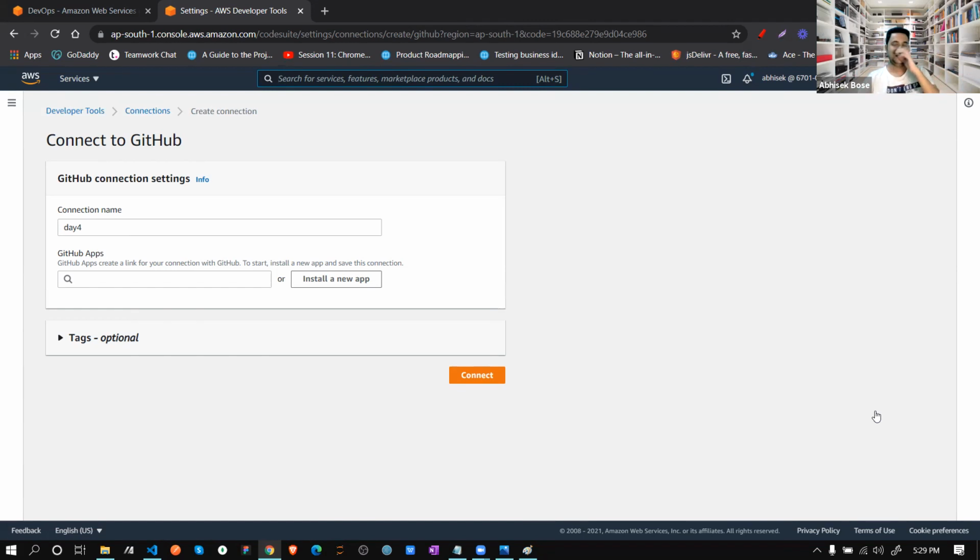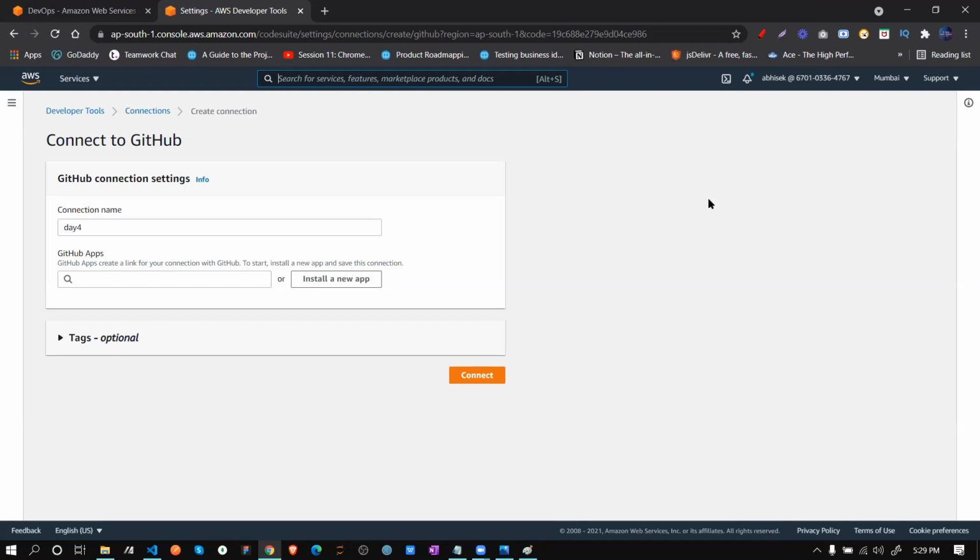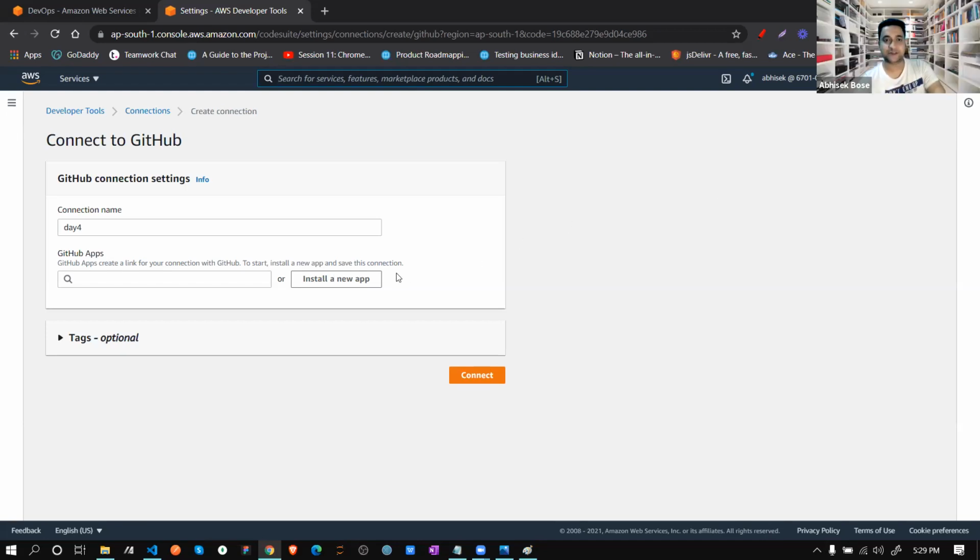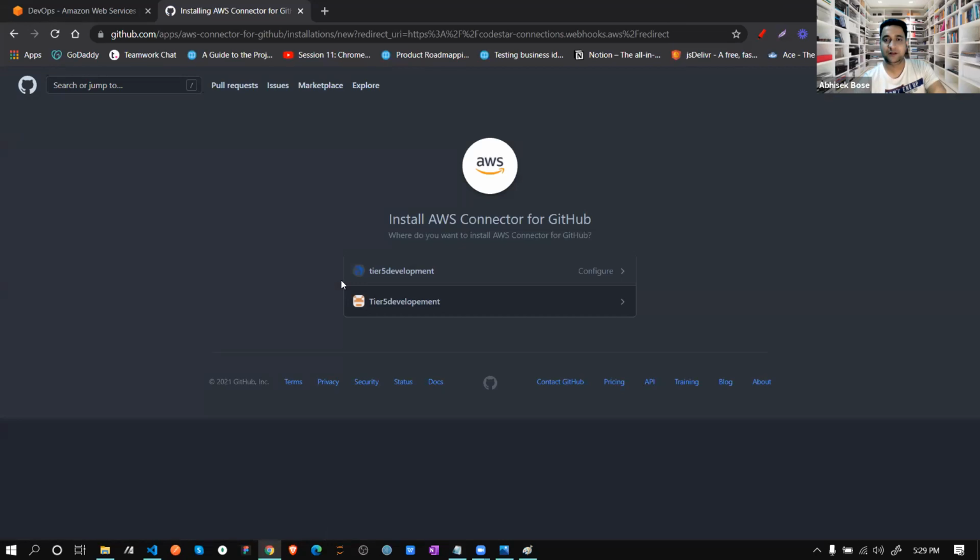What you need to do is create your own GitHub account, like from where I share my code, which is my personal one. So you have to create your own, from your personal email ID, and share or create this flow from there. Then click on this, install a new app. I'm not showing this one right now, because this is the step where it will connect to that GitHub account, so I'm leaving that step for the time being.